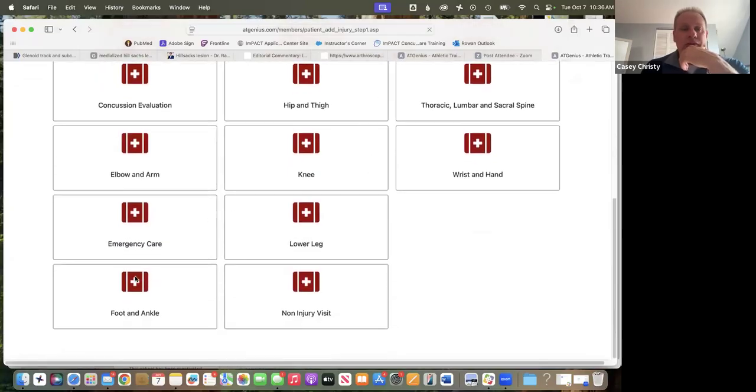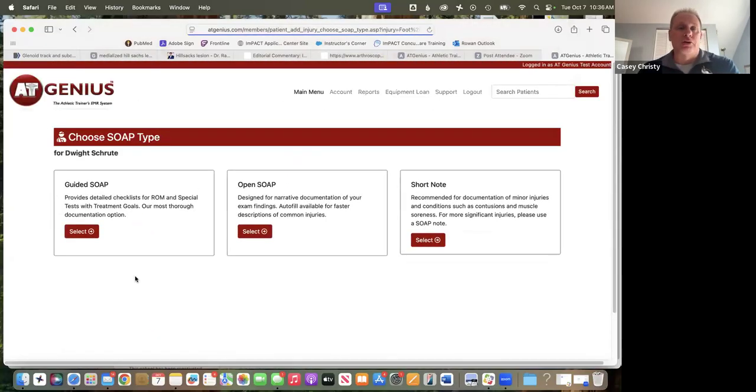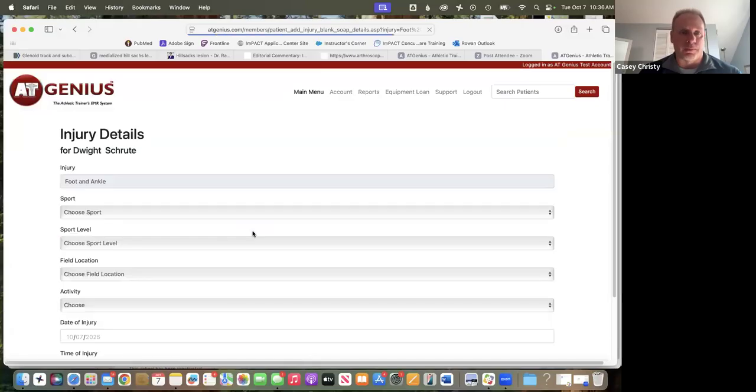So I'm going to go down to foot and ankle, and I'm going to show you the open SOAP first. We have three choices when you want to enter a SOAP note, depending on your style of documentation. I personally use the open SOAP more than anything, but you can certainly use the others. But if we go into open SOAP here,